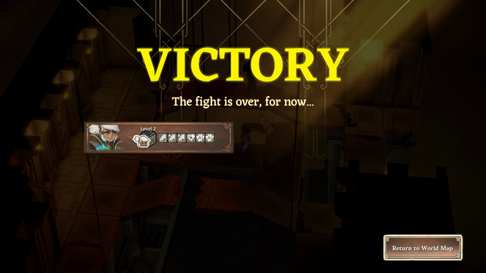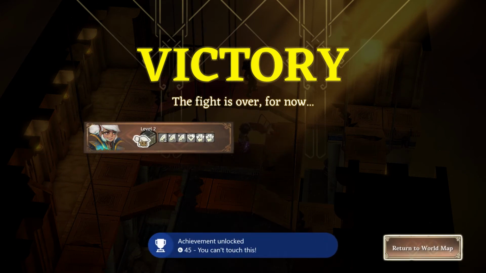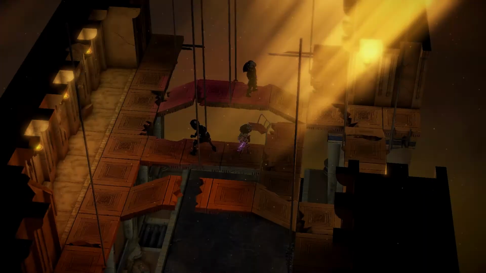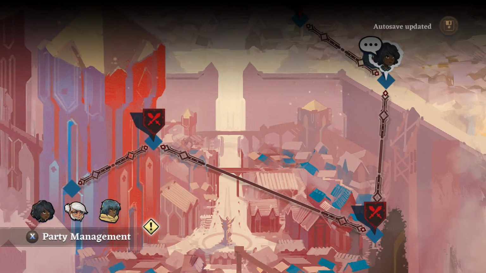That's basically all there is to combat. Ooh, got an achievement. Apparently, yeah, okay, no counterattacks done against me. Good for me. So after the fight is done, you get a few rewards. What I've got here is an extra dice for one of my characters. So we're back here to...